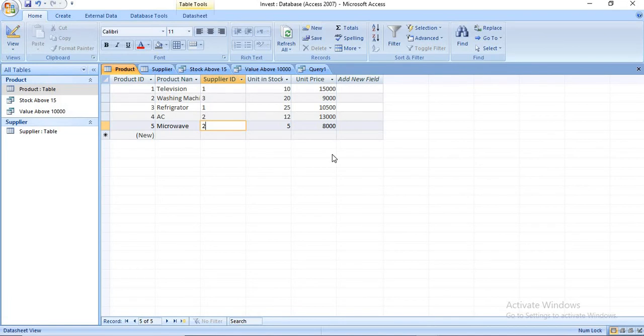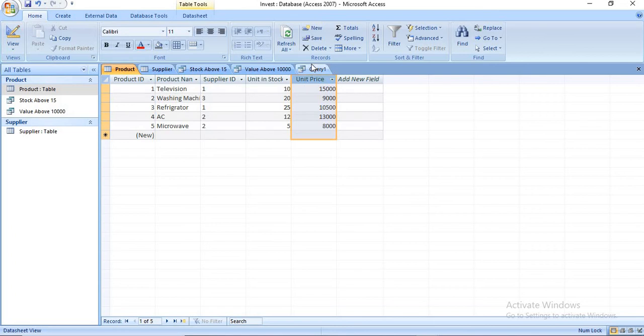So in the product table, see, greater than or equal to 20, so 20 is there, then 25 is there, and 12. And the second criteria is less than or equal to 5. So less than or equal to 5, and the criteria will be unit price is less than 10. So this is your unit price which is less than 10.